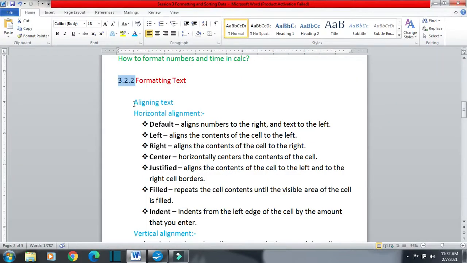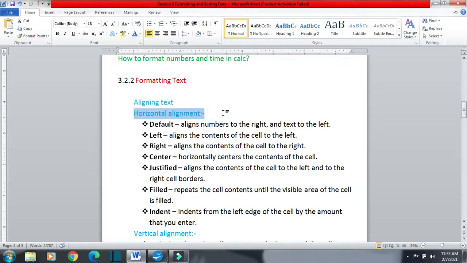First of all we are going for aligning the text. For aligning the text we have two options. One is horizontal alignment and one is vertical alignment. Horizontally we have these values: default, left, right, center, justified, filled and indent. One by one we are going to study, first of all, horizontal alignment.